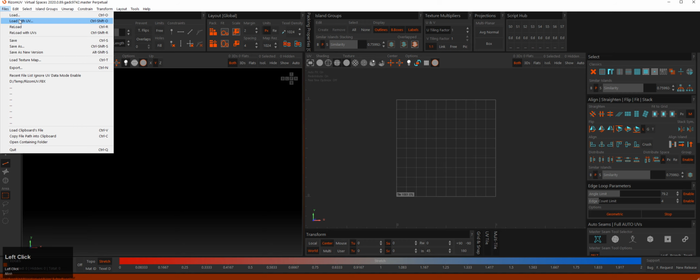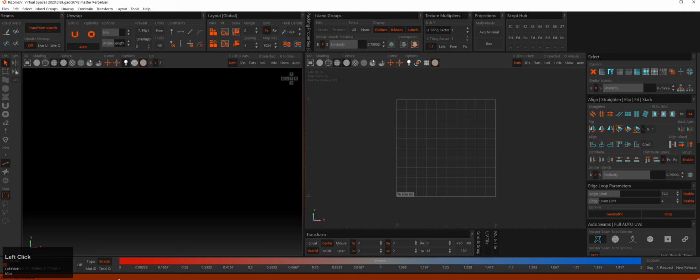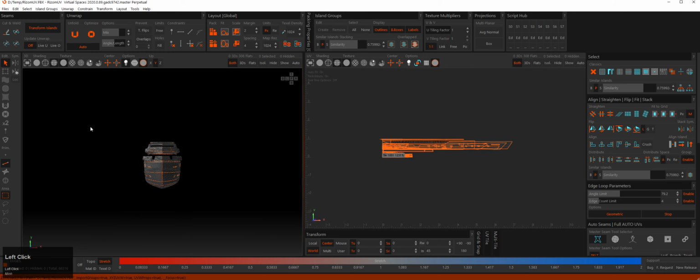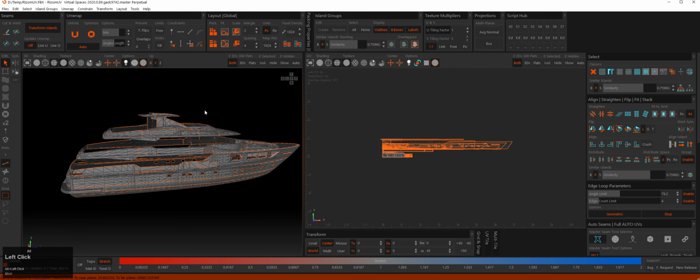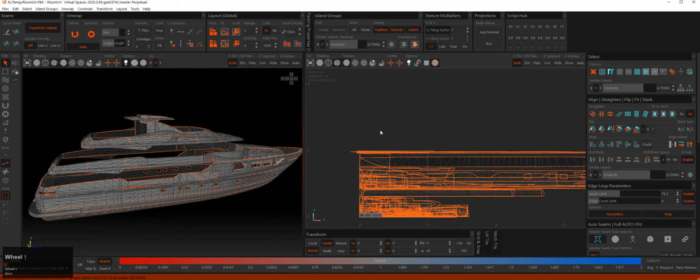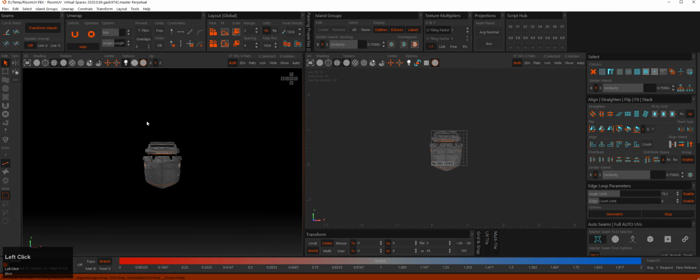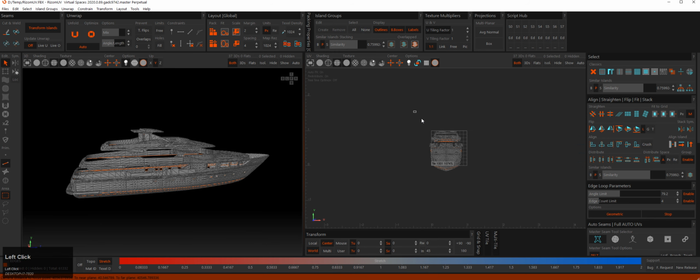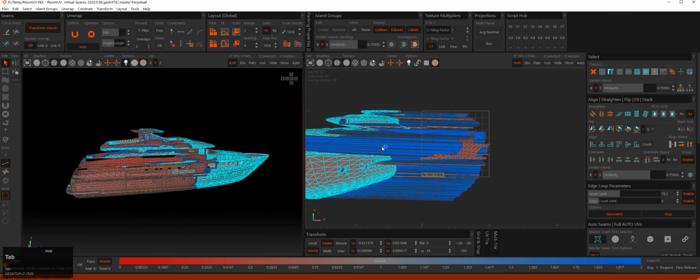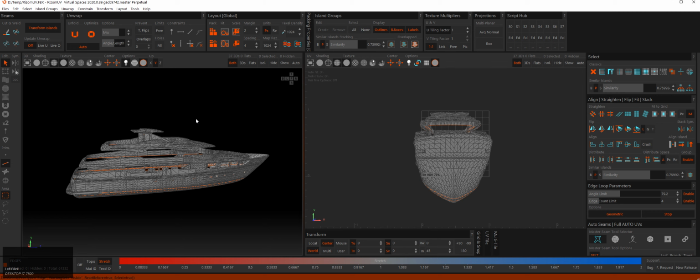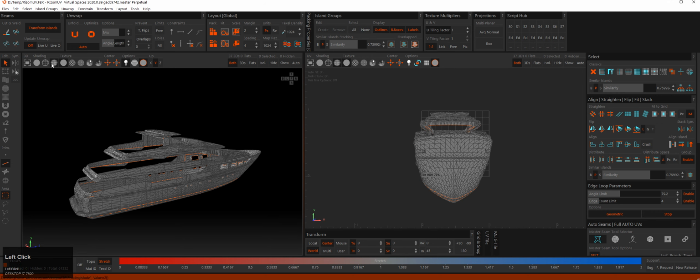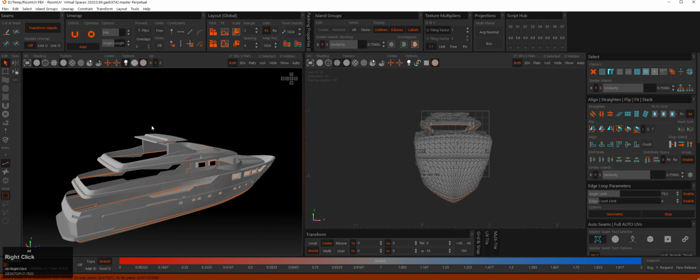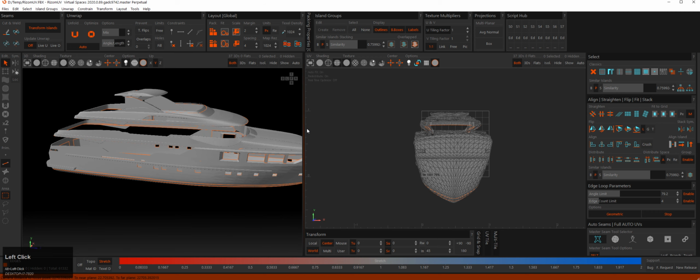Now there's a couple ways to load it. You can load it with or without the UVs. If it already has UVs, you can just load it with UVs, and it'll show up. So you can see the UVs that I already created for it right here. Now if you decided to load it without the UVs and you wanted to create the UVs inside of Rizom, you'll load it, but you'll notice that the UVs are just not made at all. So let's go over the procedure in which I like to use Rizom to automate the